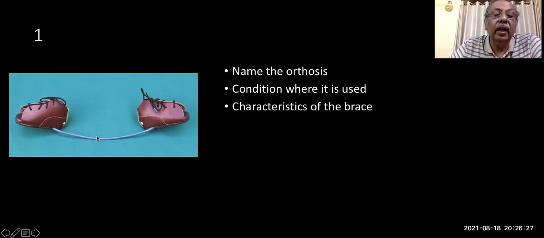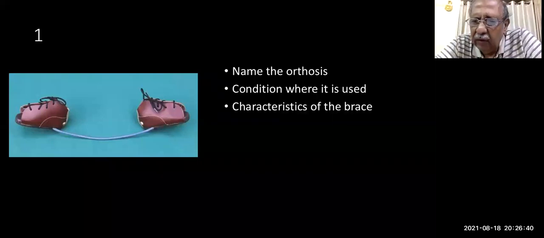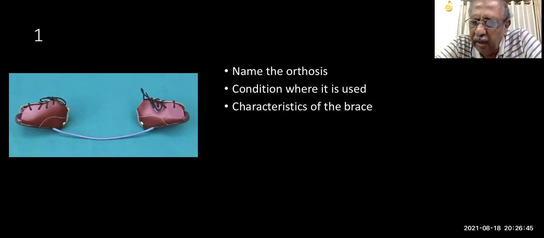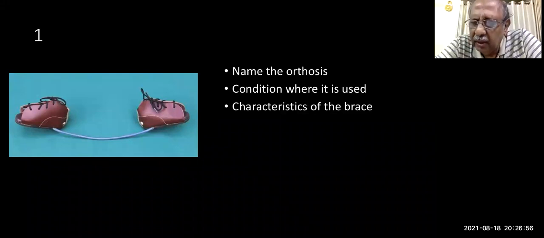And it has a connecting rod, and this connecting rod should be placed at the shoulder level. So the shoes should be at the shoulder level, and the foot should be rotated 70 degrees in bilateral cases and 50 degrees in unilateral cases. In unilateral cases, the normal side should be 50 degrees. But you should understand that as the age increases, the amount of external abduction decreases in every child, and you have to subsequently reduce the amount of abduction that is required.